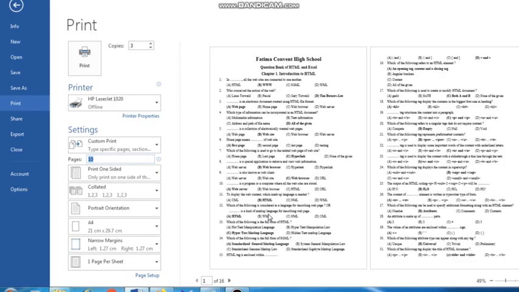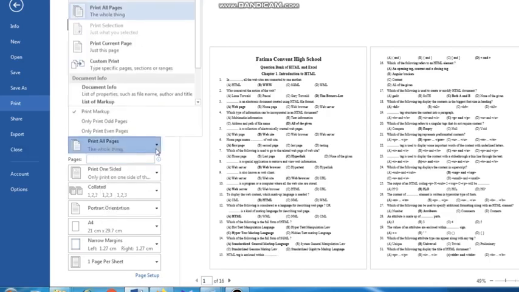Another question which should come in your mind is, if you want to take the printout of a range, that is say page number 1 to 5, then I have to type here 1 hyphen, that is minus 5, then it will take the copies of page number 1 to 5. So that is called print range. Okay, just now I remove this. Another thing, so many things could exist from here.